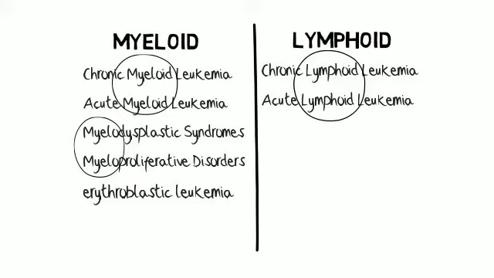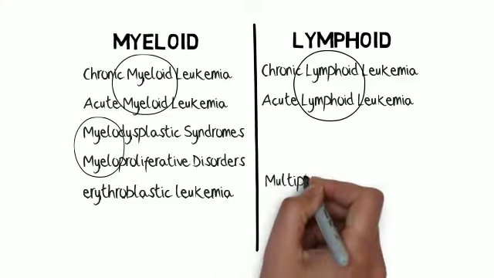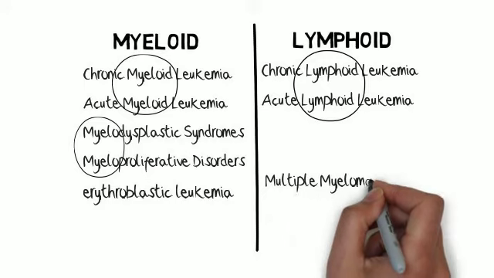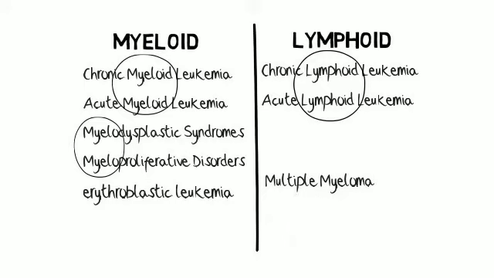One counterintuitive name is multiple myeloma. It's actually not myeloid, it's lymphoid. More on that in another one of my videos. The distinction of myeloid versus lymphoid is important because these two types may respond differently to chemotherapies. Lymphoid versus myeloid cells also interact differently with other cell types, producing different complications. For instance, the cancerous cells of acute myeloid leukemia can trigger blood clotting, while those of acute lymphoid leukemia typically